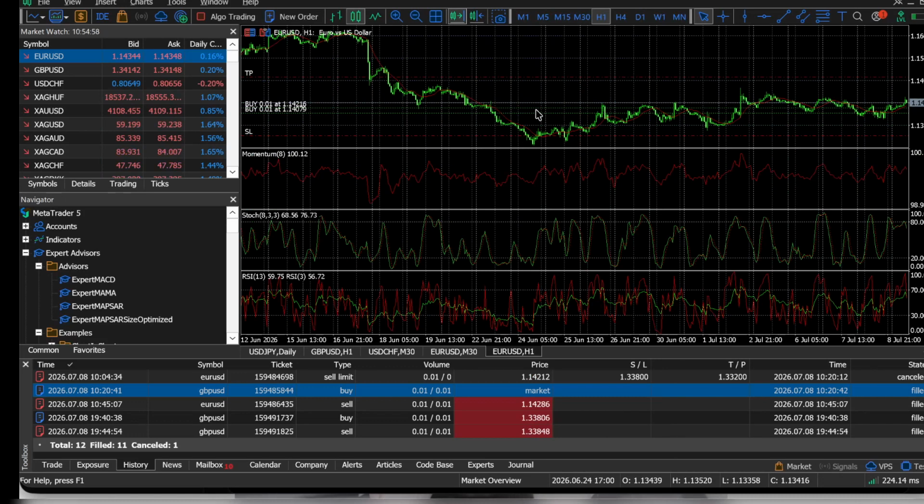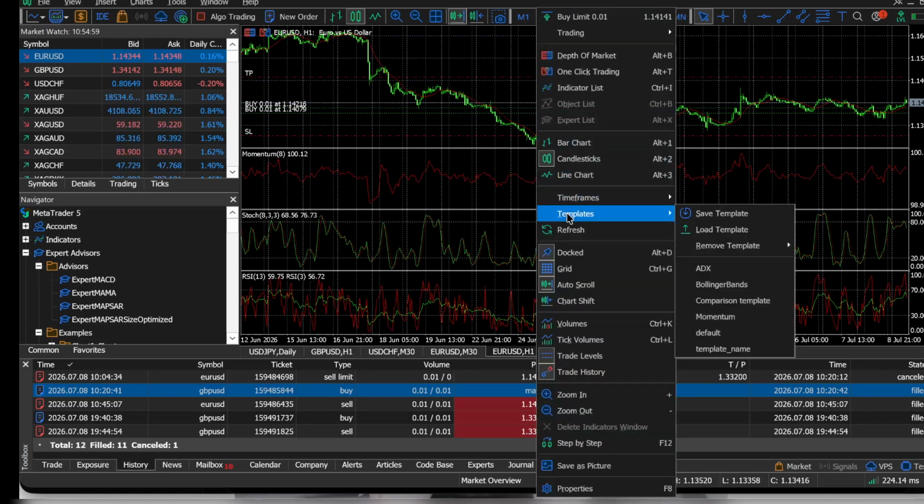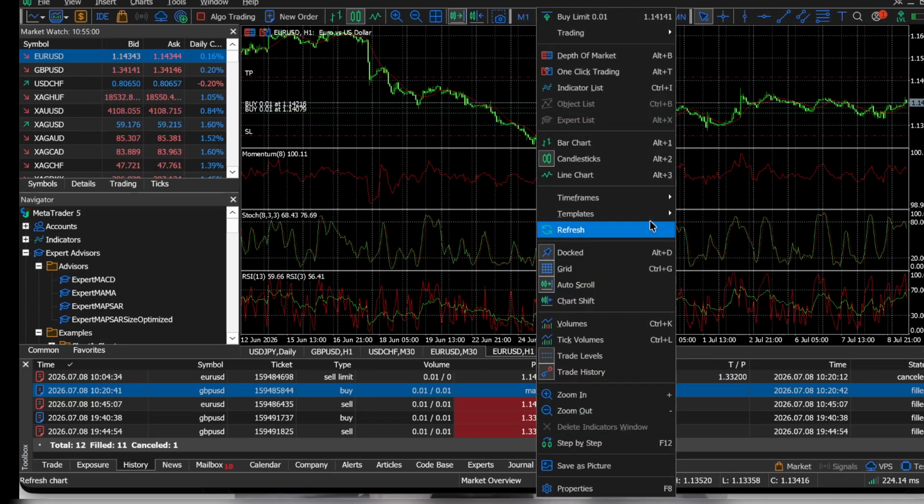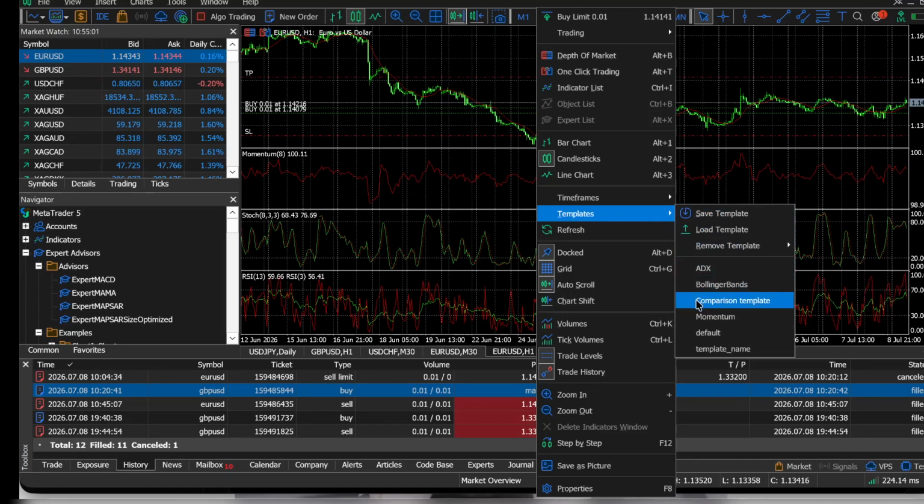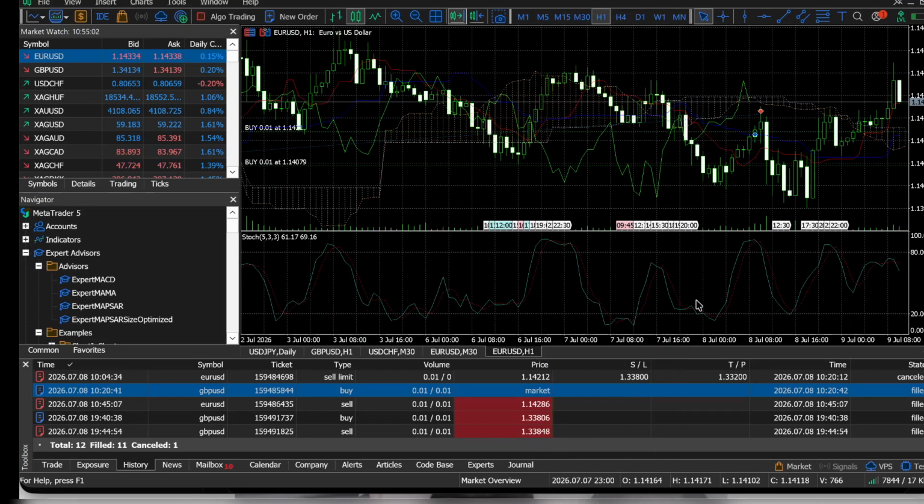If you've worked through this procedure correctly, your chart should now reflect the appearance of the chosen template. It's important to note that changing the default template on one chart doesn't automatically update other charts. If you want all your charts to have the same template, you'll need to repeat this process for each one individually. It might seem like a repetitive task, but the effort is well worth it for a consistent and personalized